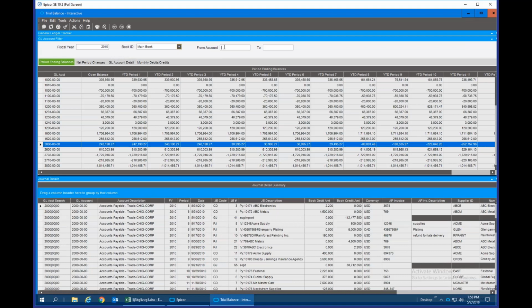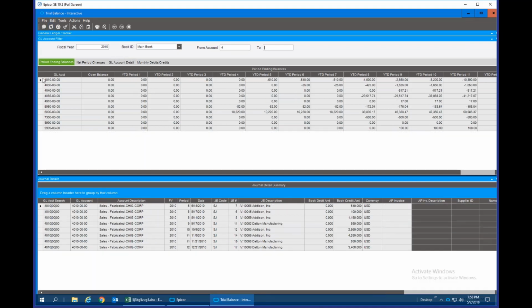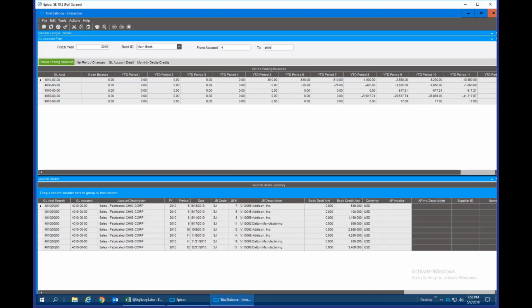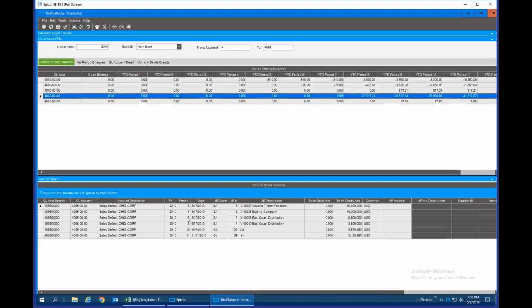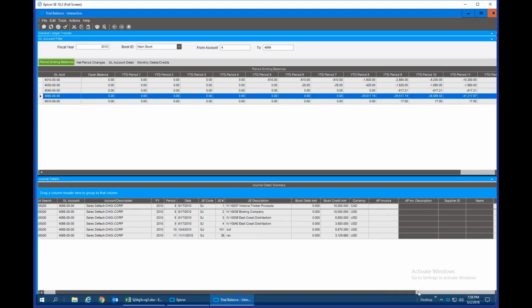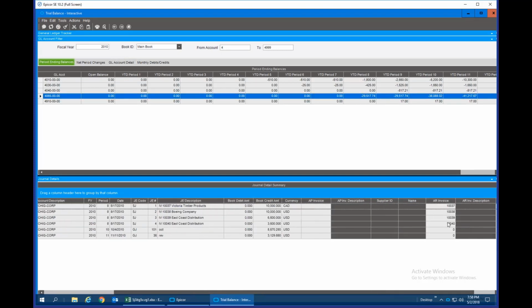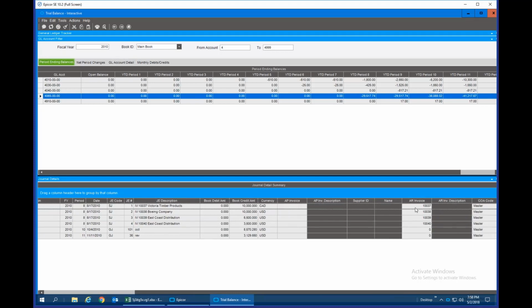To limit by a specific account or range of accounts, let's say I just want to see my income statement accounts. I could say start with a 4, and all my accounts that start with 4 will be there. If I want to limit it to just my revenue account, I could do that as well. It acts as a mask. Looking at these accounts, you'll notice that I have AR invoices,